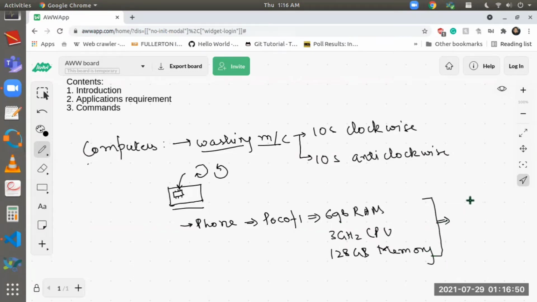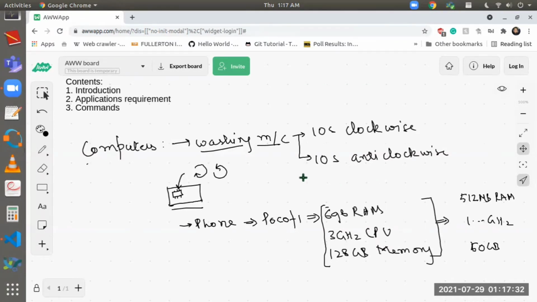Like the first computer that I owned, my personal computer, the first PC that I had only 512 MB of RAM, and there was 50 GB hard disk, and the processor that I had was Core 2 Duo. That was like 1 point something gigahertz. But now my computer is in comparison to a phone that we have right now. My phone is a very powerful computer. Whatever instruction I give the phone to do, like if I click on opening the camera, it opens the camera. If I open an application like WhatsApp or something, it will open it. Okay. So this is also a computer, our phone.